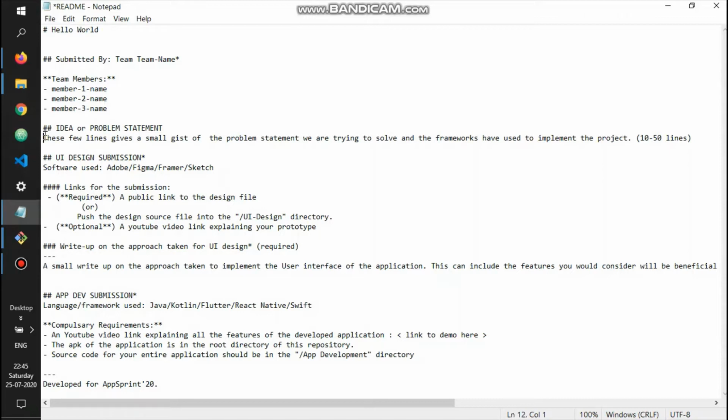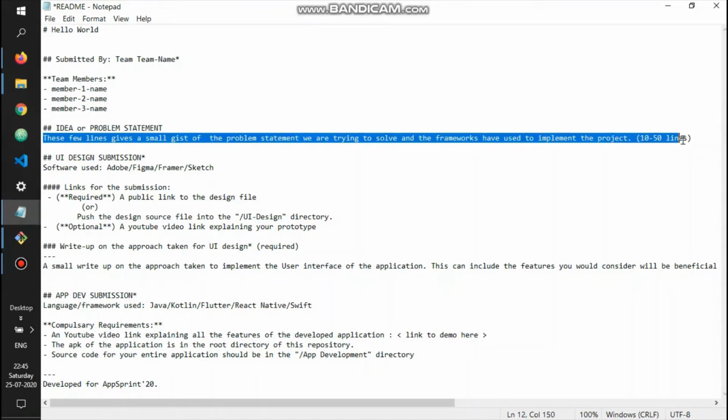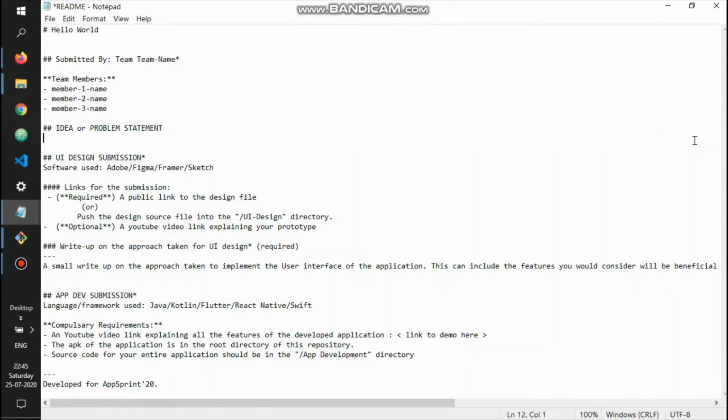This should give you the brief, the entire problem statement you're facing. I would say this is a simple Hello World application. The submission would be through Figma, and links for submission.